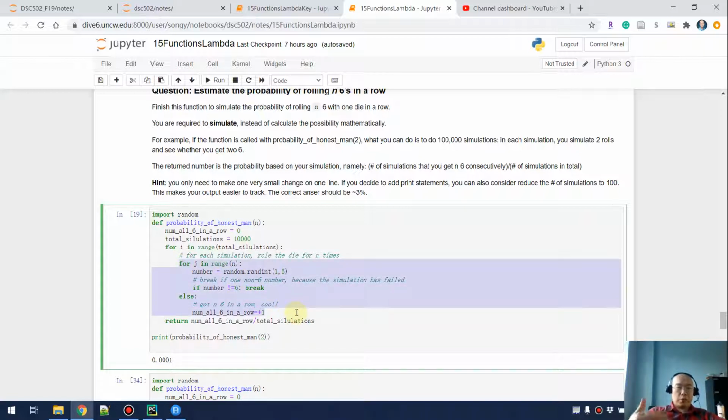we want to roll the die n times, and for each round, if it is a 6, okay, we want to continue. Otherwise, if we roll a number that is not a 6, this is already a failed simulation, so I want to start over again without finishing all the possible rolls of the current simulation. Okay, so eventually if we finish all 6s, then I want to increase the counter by 1, saying, well,